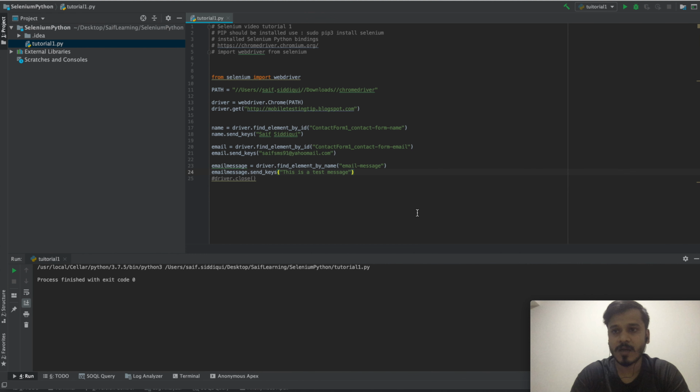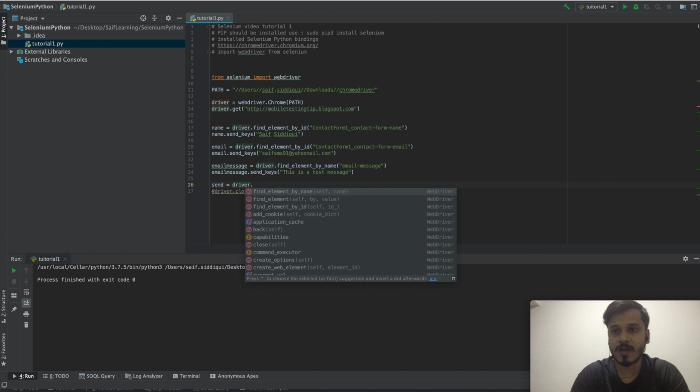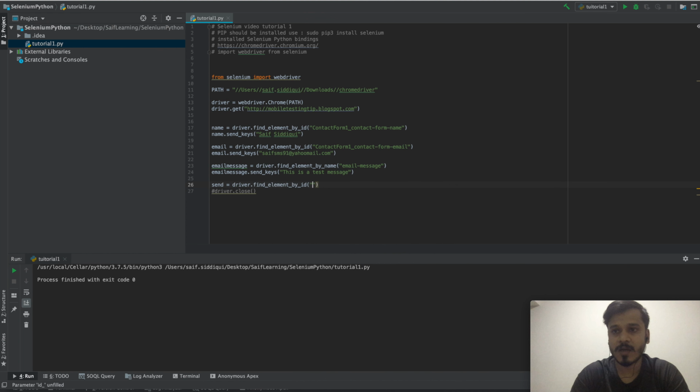I will go here again. I will just store it in any variable and I will just write driver dot find element by id. Now in this I will just add the id of that element and now I want to click on this element.